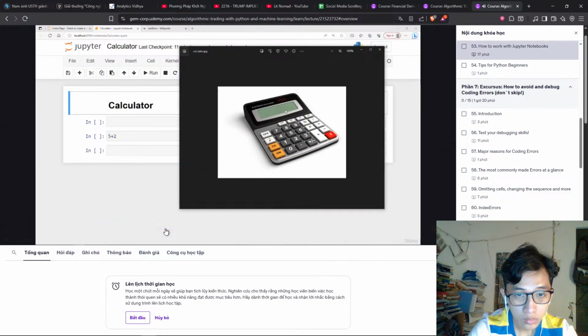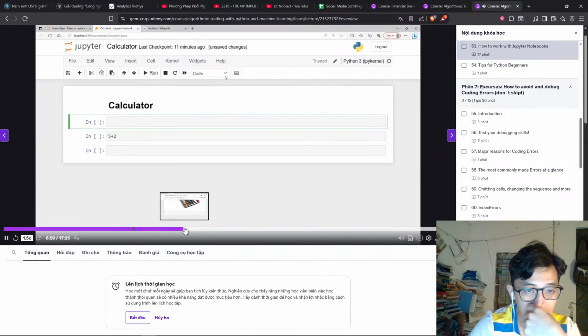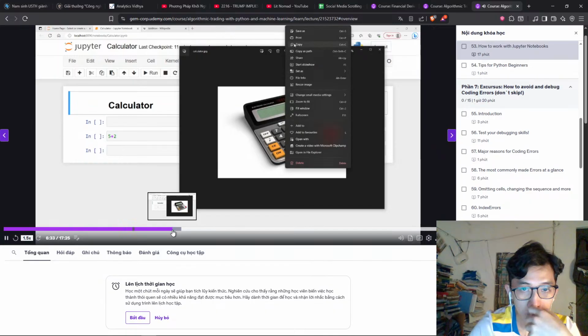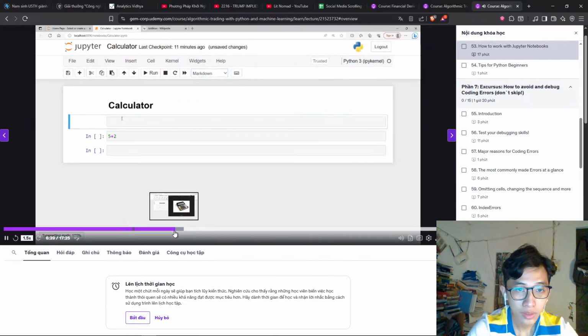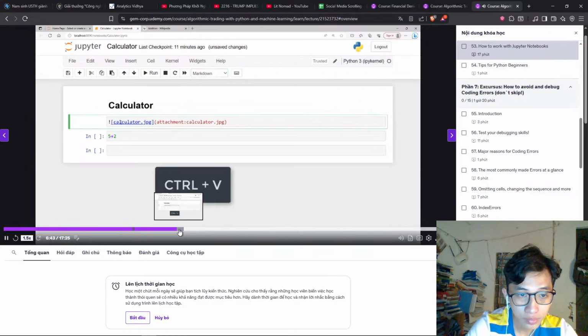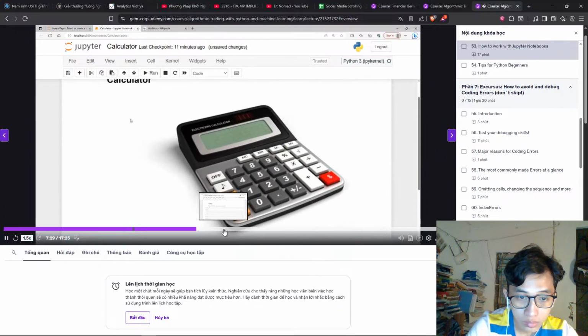And with a right mouse click, we can actually copy the image, and then we have to go into the cell and make sure that this is a markdown mode. And then we can simply paste the image and run the cell. And then we have now, and we could also write